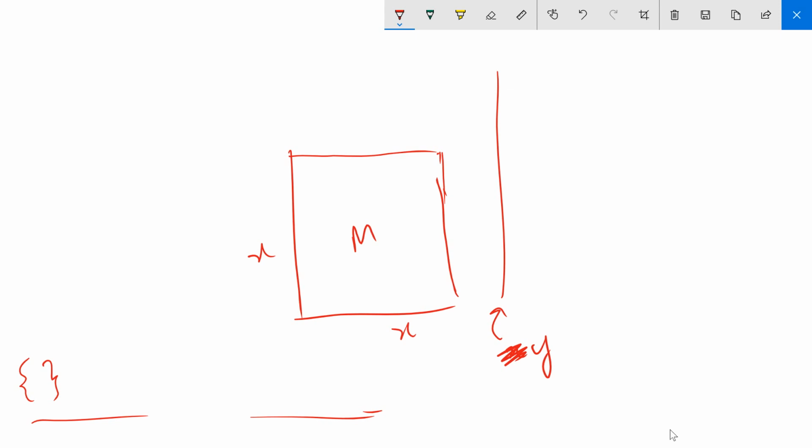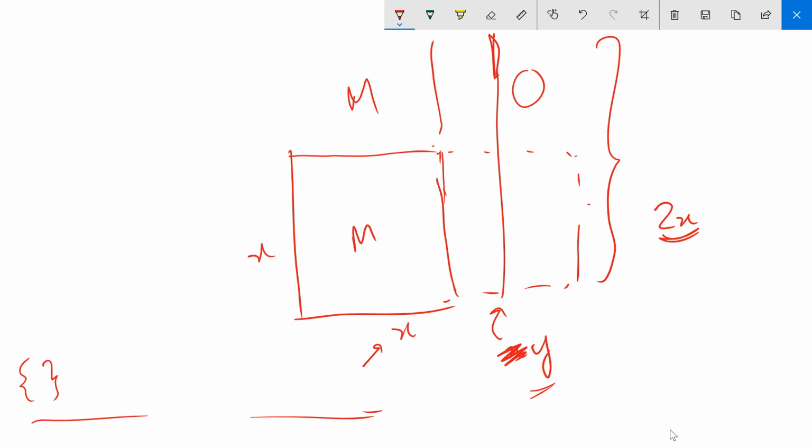So I know that in this matrix M, the column y will have a period of length 2x, because I already told you that it's just the next highest power of 2 which is greater than or equal to y, and x is basically the power of 2 which is less than y. So the pattern length is 2x. And we can also see this because this part is 0, and this thing will repeat, so the length is x plus x, which is 2x. So you can confirm it this way also.